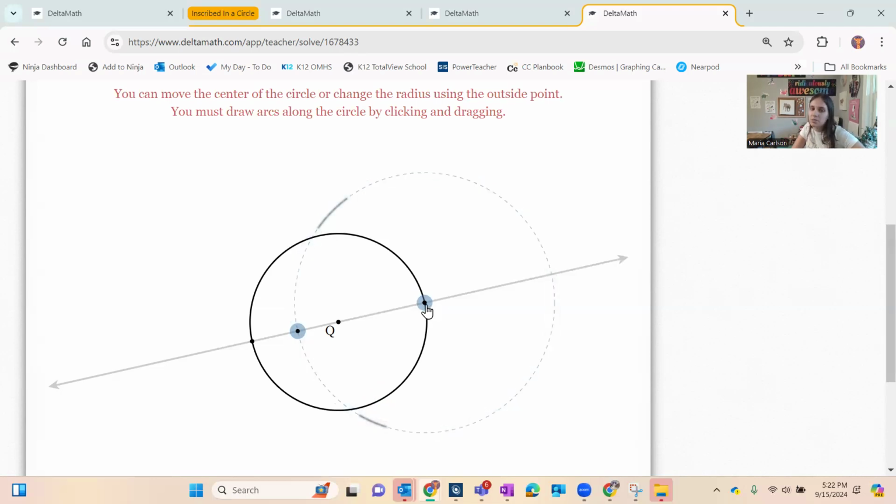So I'm going to keep the compass the same radius, and I'm going to move by the center over to the other point. And I'm going to find these intersections, and I'm going to have to kind of shimmy it back a little bit. So I'm going to draw my intersections. I'm not going to touch the center of the circle. So this one, it was able to find where they intersect,